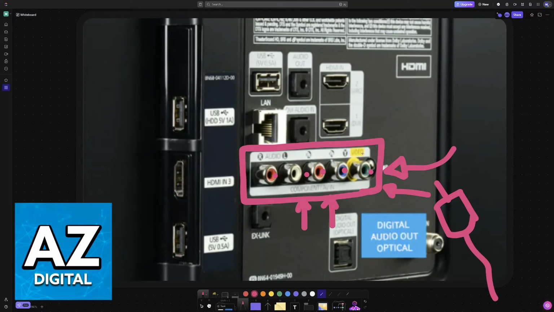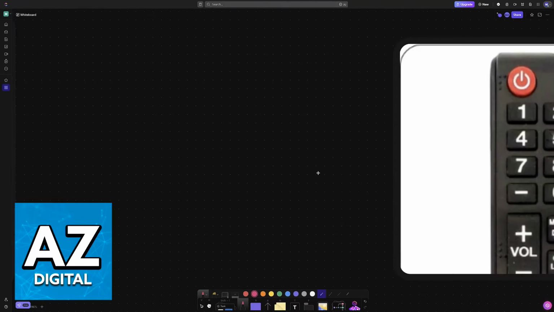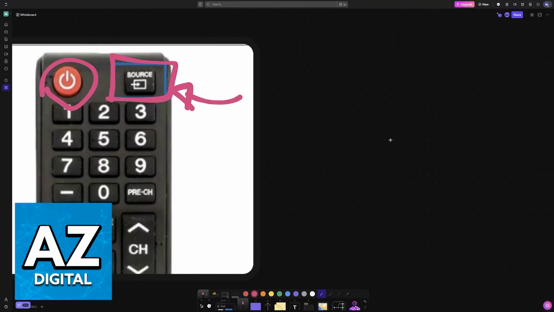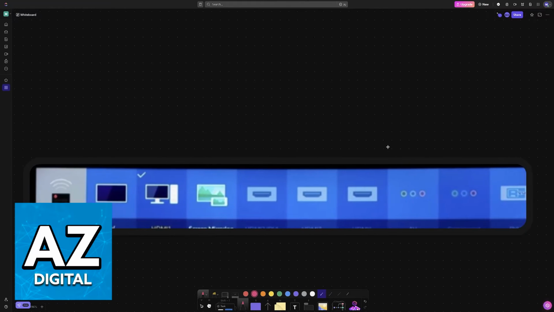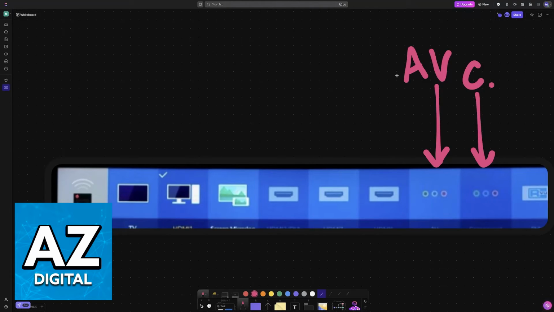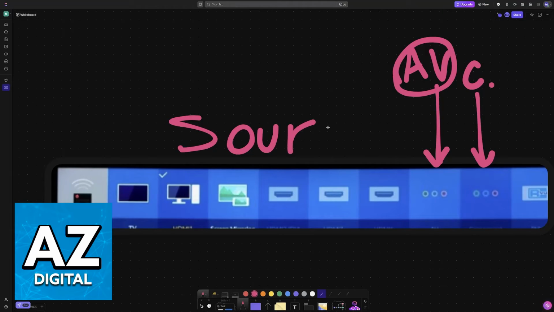So once you are done connecting and ensuring that all the plugs were enabled, go over to the source options. So power on your TV and then choose the source or input settings. Immediately upon selecting source or input settings, you will see all the connections type, including AV. So you will be able to find both component and also AV. So the option that you are looking for is going to be available under the sources, and as soon as you select it from here, you will be able to use the AV connection that you have established to your